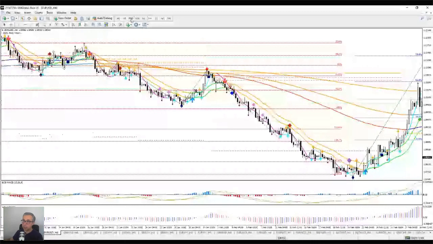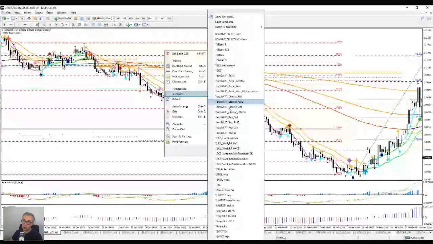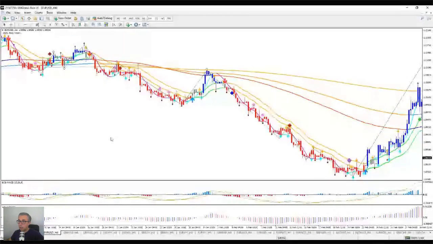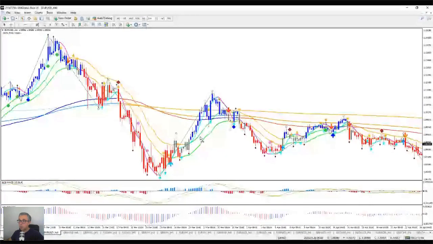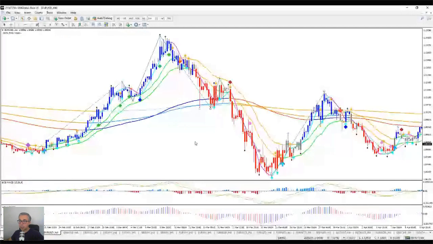I also have templates for those that want to use the wave strategies here. Waves, Pro, Classic, Basic. Discretionary is really up to you, how you want to tackle it, what you want to add, etc. This is the wave template as well. Okay. So yeah, it tries to simplify things,